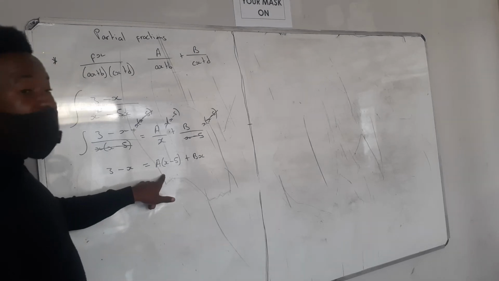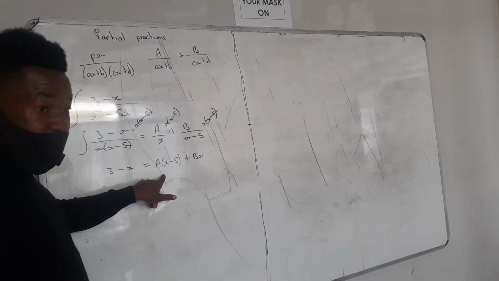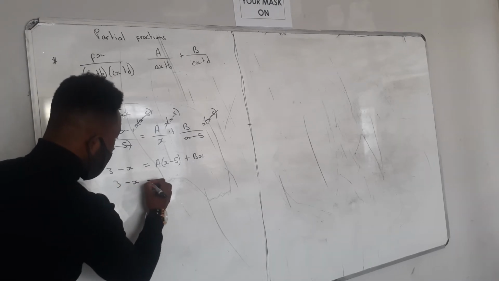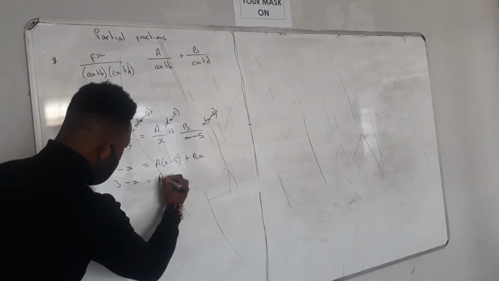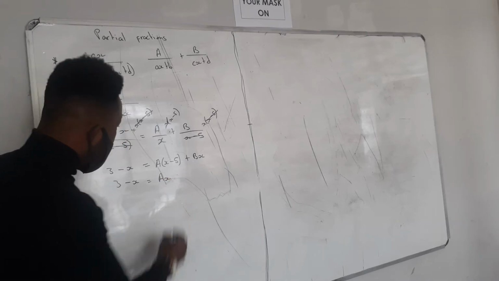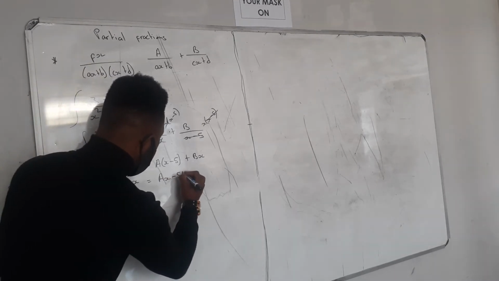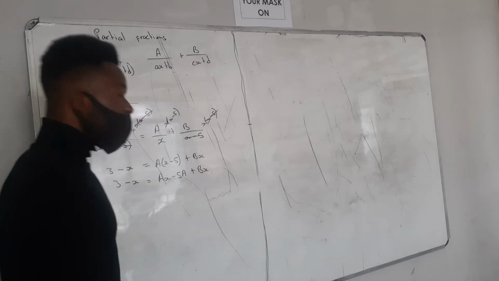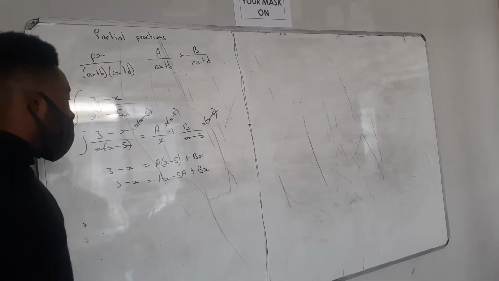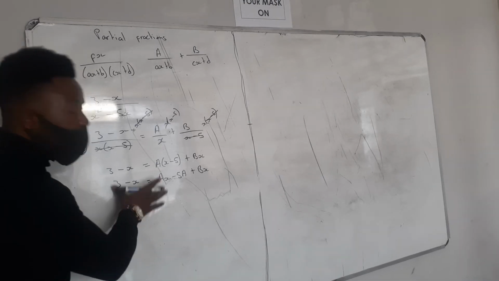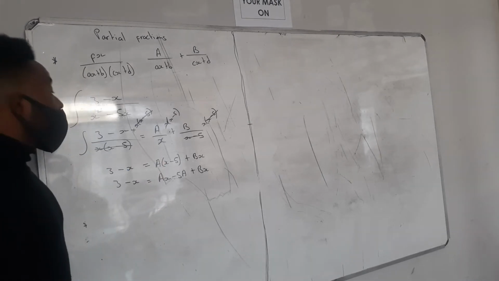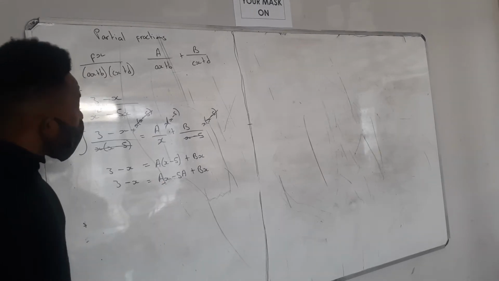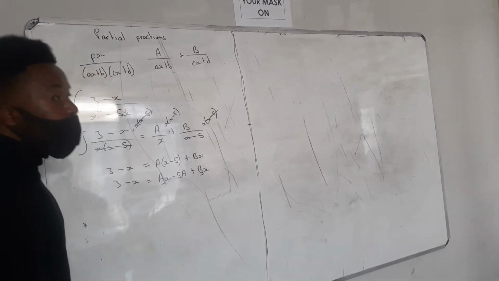I have the bracket, which means I have to simplify this bracket. This is the same as 3 minus x equals Ax minus 5A plus Bx. So from this stage, after you have simplified the bracket, what you are going to do is find the values of A. You also have to find the values of